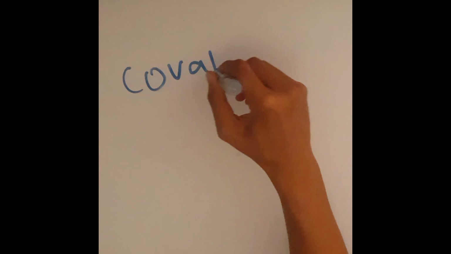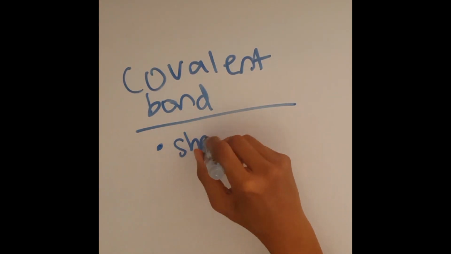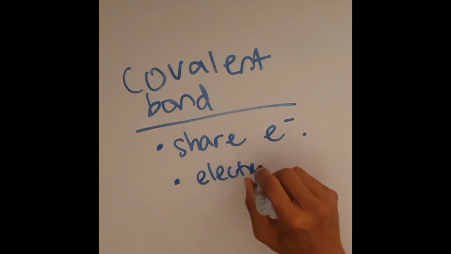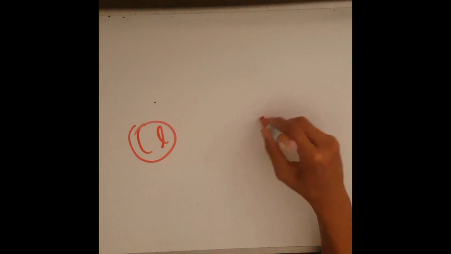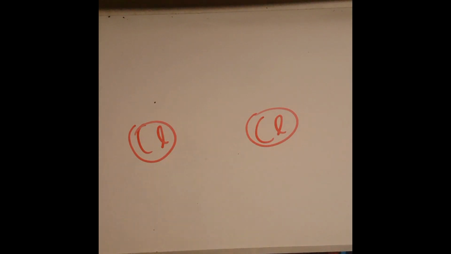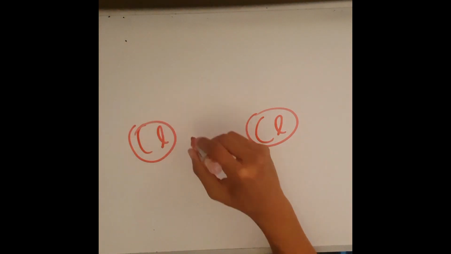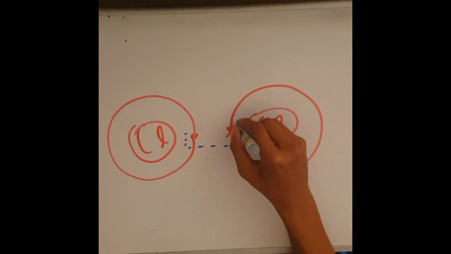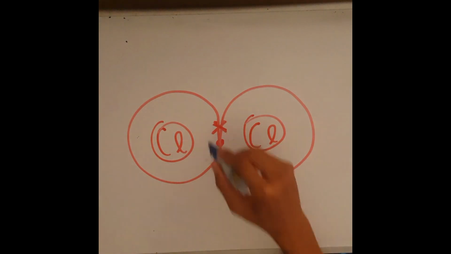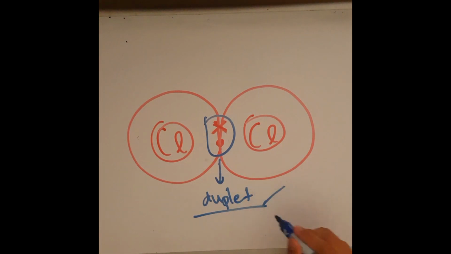Now, covalent bond. When it comes to covalent bond, there are two key terms that you have to pay attention to. The first is sharing of electrons, the second is formation of electron pairs. Now imagine two chlorine atoms having one valence electron. One valence electron is definitely not a stable structure, right? Because you have to achieve duplet or octet. Now, they will share those two electrons and form a strong bond, which will give it a duplet configuration, which